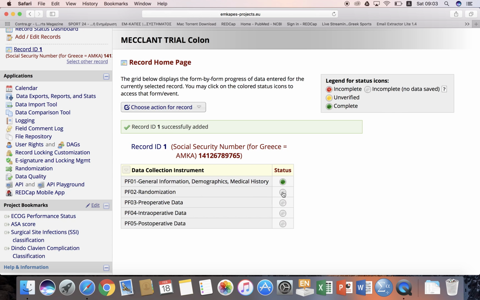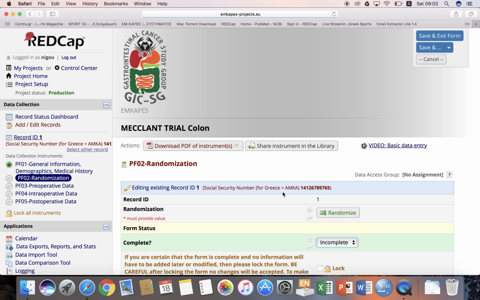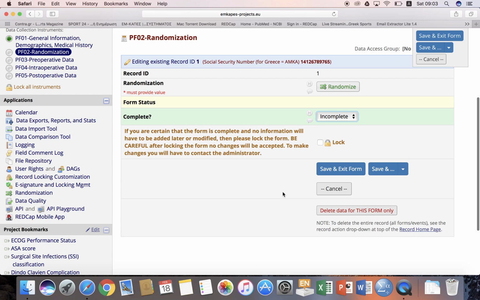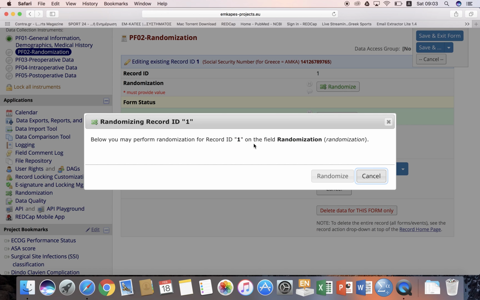And this is very, very important when you're seeing the patient. Because in this way you can inform him and tell him which regimen he or she will be on. So the randomization is very, very easy, because when you go to Proforma 2 randomization, you just click this button, randomize, and that will give you the group that your patient is assigned to. So when you click randomize, below you may perform randomization. So yes, again, randomize,